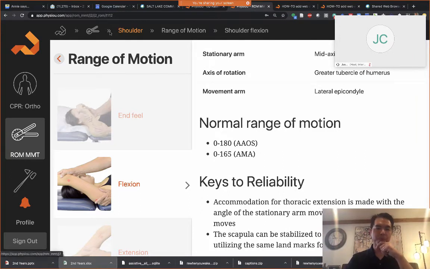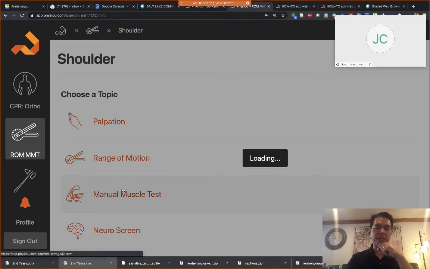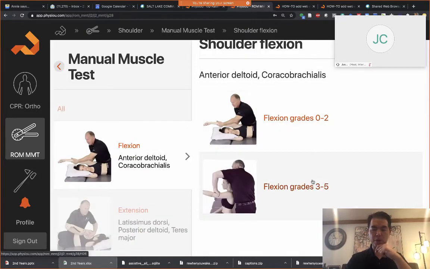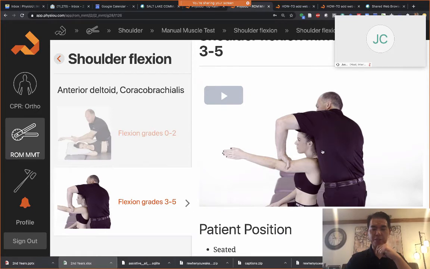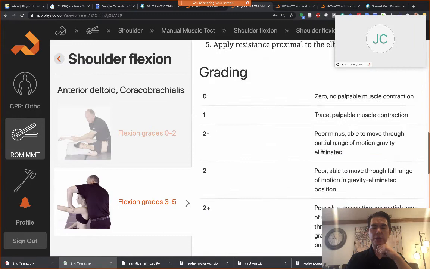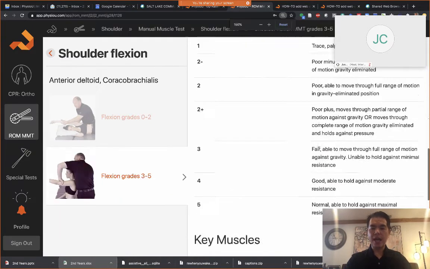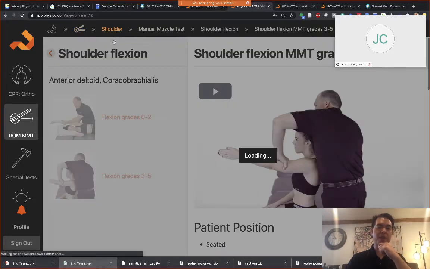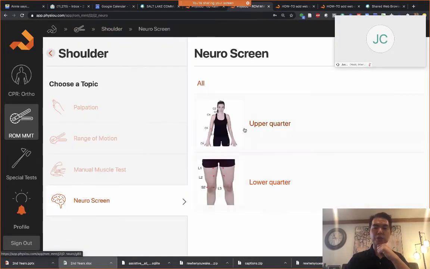The same thing you can see here for manual muscle test. We've linked this motion to the muscles that you are memorizing or have memorized. You can watch the video to mimic how this instructor does it, as well as you will have the grade scale and the anatomy table, because we want your learning to be deep and long-lasting. All right, so that's kind of the Range of Motion MMT app. This app also contains your neuro screen. So in many classes, this is part of the fundamental skill sets.